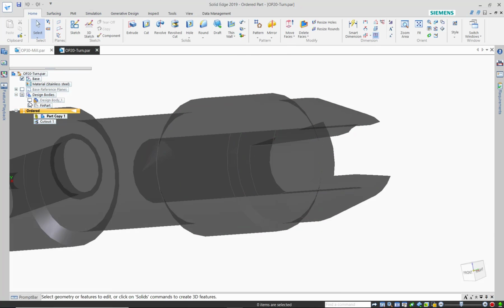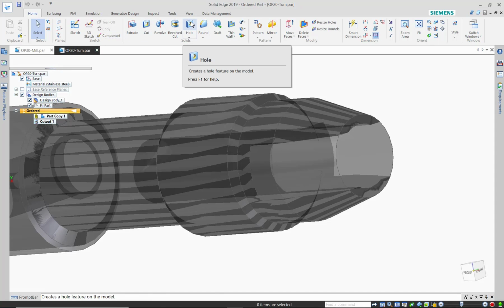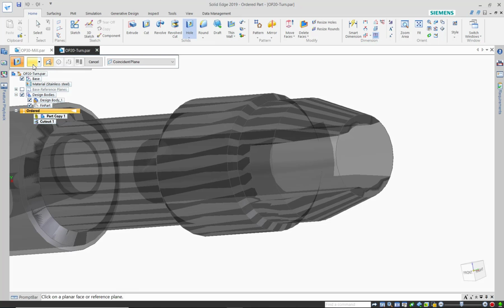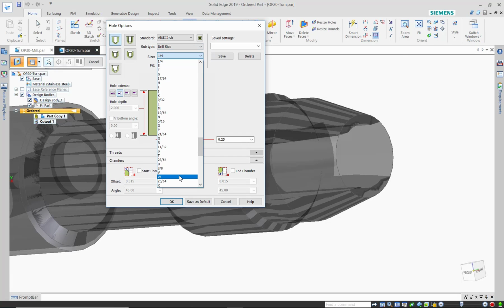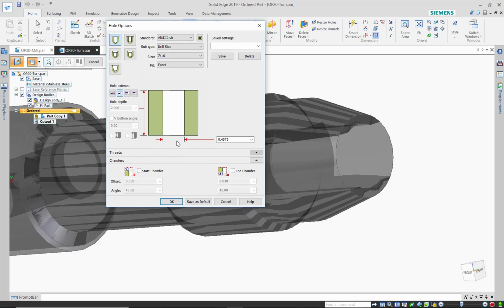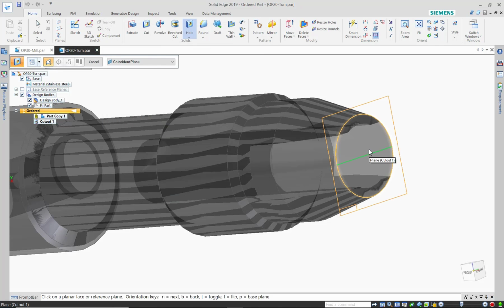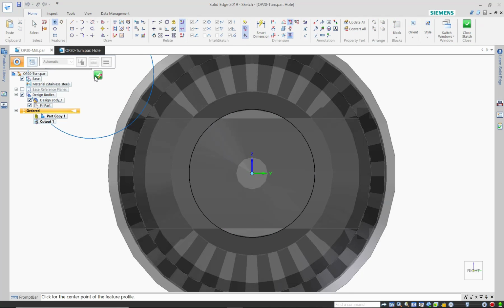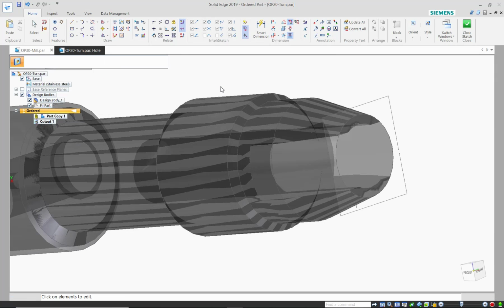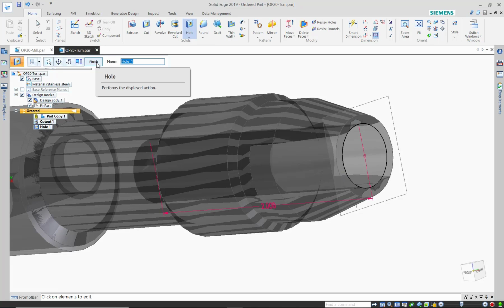I couldn't remember what diameter it was, so we're just going to add a hole, a simple drilled hole. And this modification, so this is a case where I forgot to put a drill, but we're not inserting another operation, I forgot to add a drilling sequence in that step. So that's easy enough. You just simply open up that file and make your modification, and you'll see how all subsequent operations will update